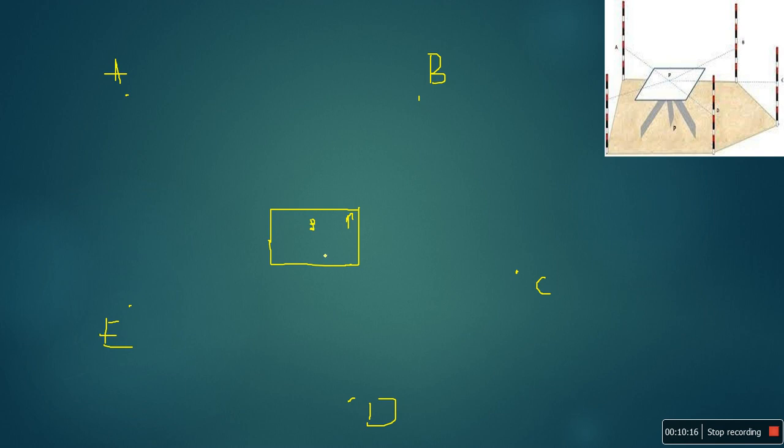Then after that, you have to mark the point, the ground station, on the drawing sheet as point small p. Then take your alidade and keep it along this at this point. Then you have to bisect our first point A. You have to keep your alidade along this like this.